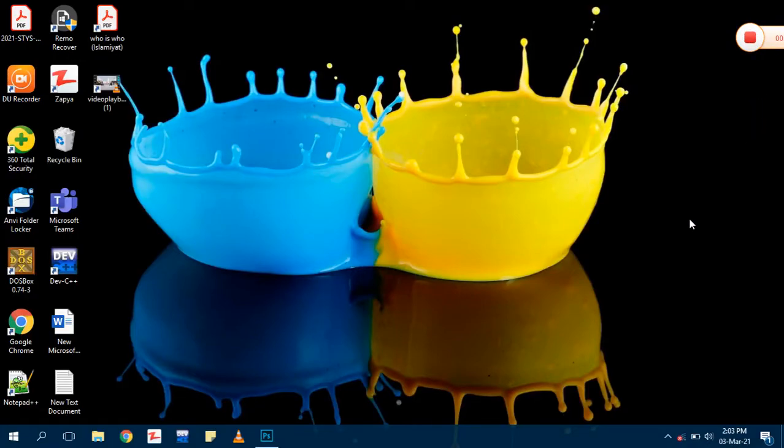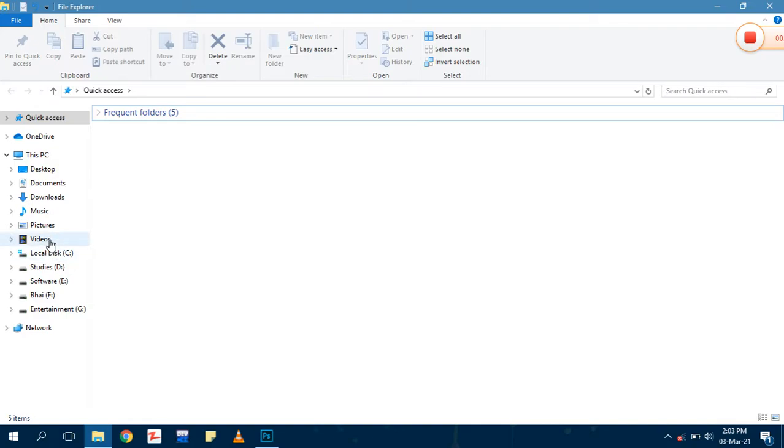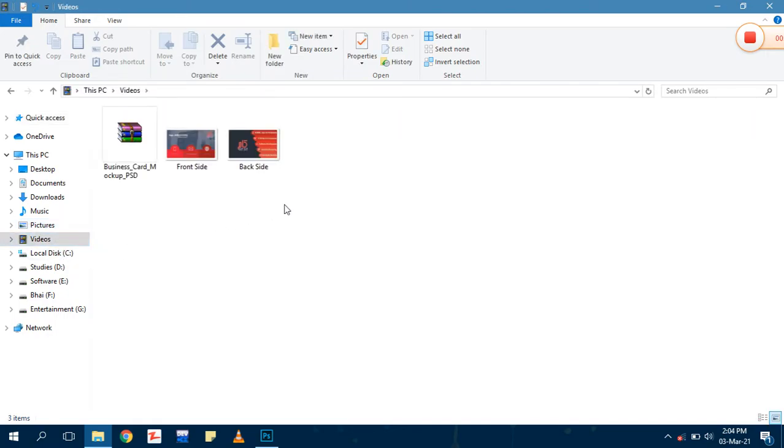Hello. Today we are going to learn how we can put a sample of our Photoshop design into a mockup. Let's see our designs and a mockup template that I have downloaded from a free PSD file. Here you can see that there are two designs, the front side and back side of our business card,